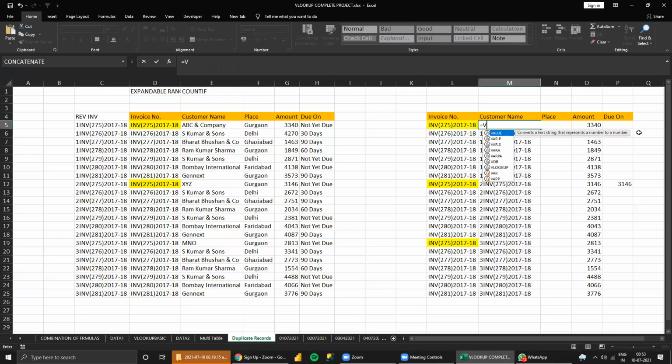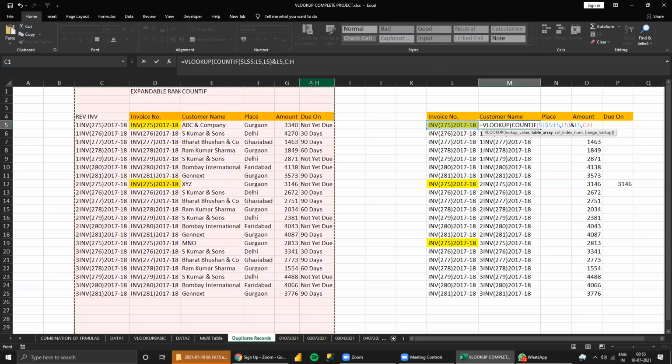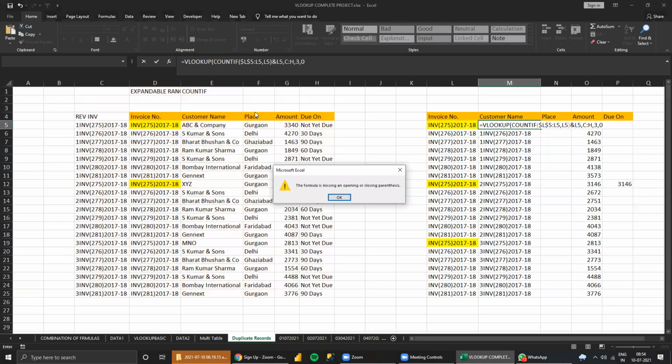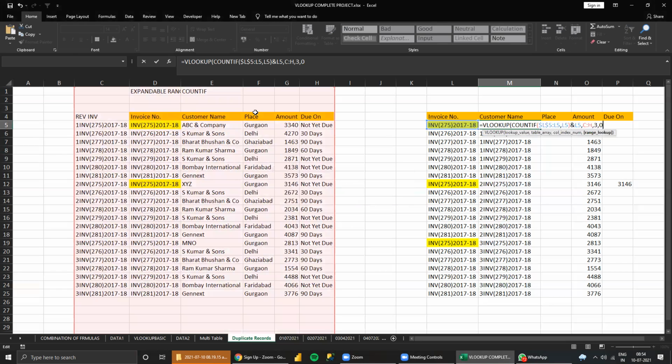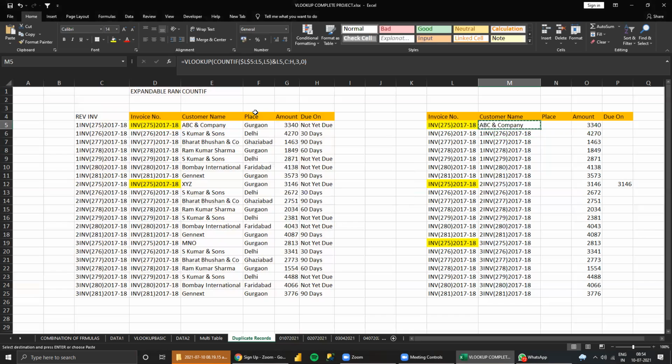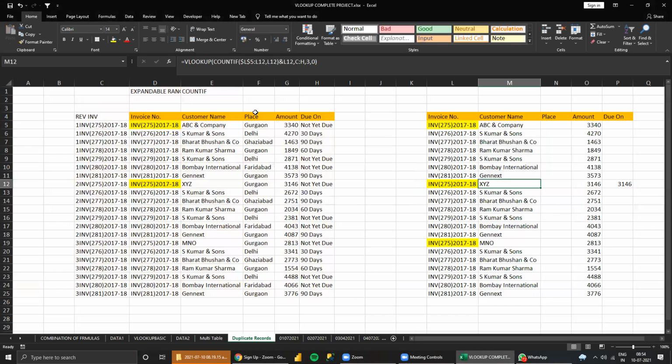Then start the VLOOKUP. So the lookup value, paste the formula, correct? Yes, sir. Then the lookup range, from the helper column you need to select. That also done, sir. Then which column? 1, 2, 3, third column. So put 3, comma 0. Sir. So when you do that, automatically you will get the result. See here, copy paste. Yes, sir. You must get it. I had frozen one column, sir. Sorry, yeah, I got it. Okay, got it.